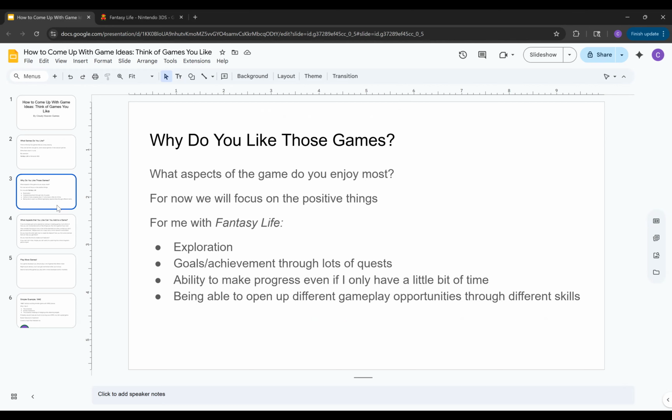I don't know if that's some kind of a statement about me being some kind of overachiever in real life, but I like being able to have that hook of, hey, there's a list of quest items or quests to do. It makes me feel accomplished. So yeah, that's another thing that I like personally. Also the ability to make progress, even if I only have a little bit of time. And a lot of us are really busy.